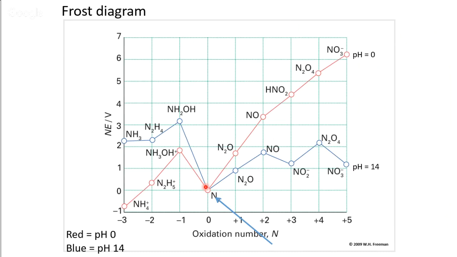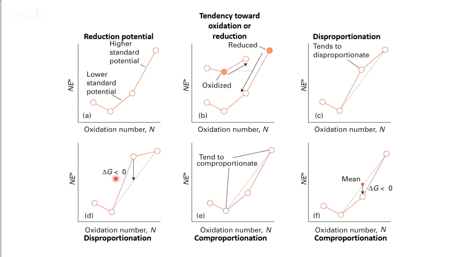So there's a lot of information you can pull from a Frost diagram, but we're just going to look at these couple here. So if we want to look for cases where we are going to have species that disproportionate,